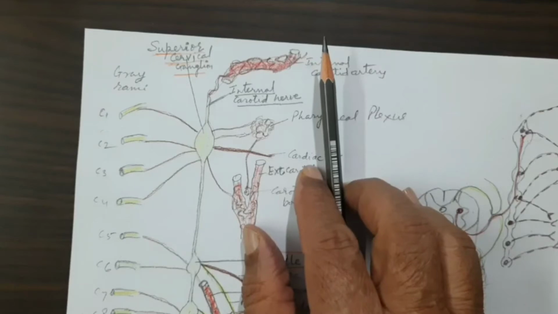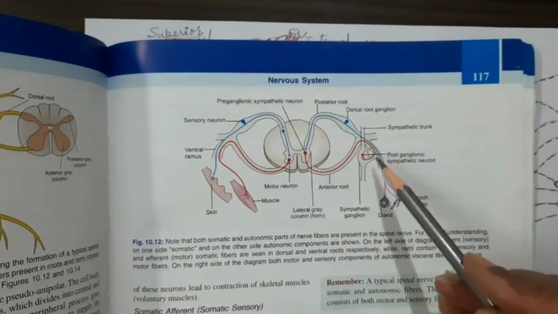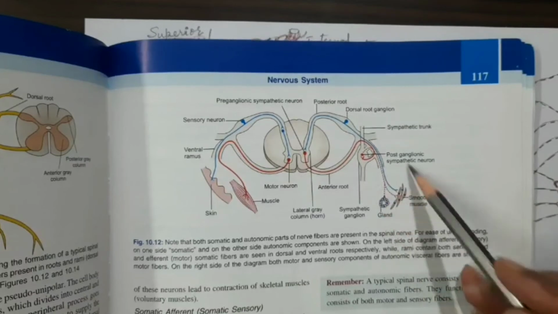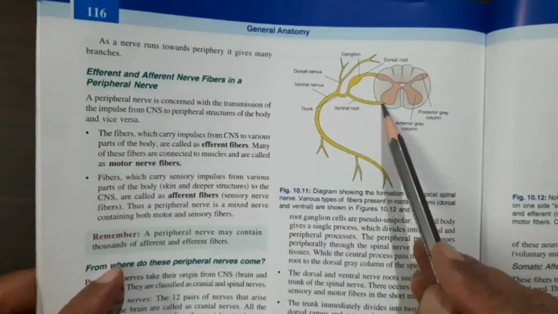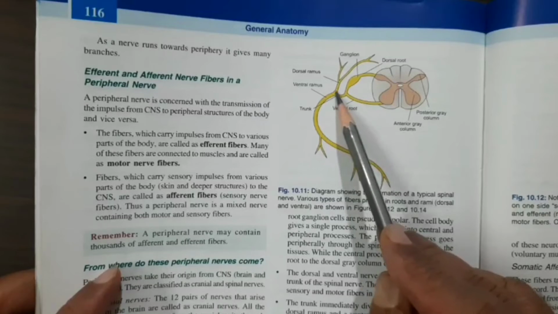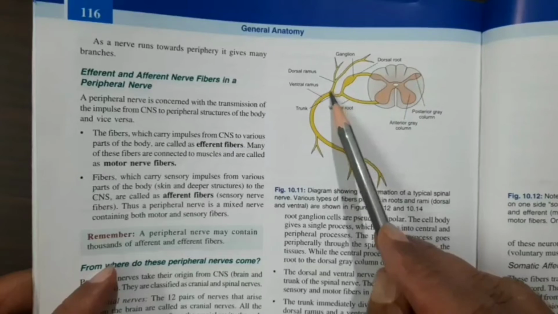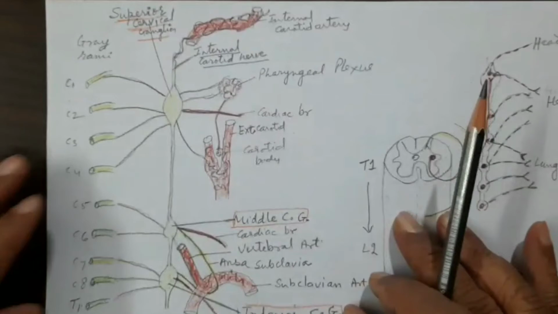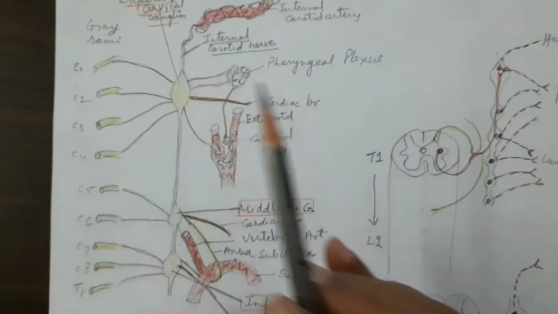Let me tell you what the ventral rami is and how the fibers will go. See here, this is the preganglionic, then postganglionic in the sympathetic chain, and then this is the ventral rami through which the sympathetic fiber will also be distributed. Let us see here without any complication. This is the ventral root, dorsal root, trunk, and then this is the ventral ramus and dorsal. So from the thoracic region this fiber will come here and will be distributed to the various structures of the body through this ventral rami. So now you have understood what a ventral rami is.